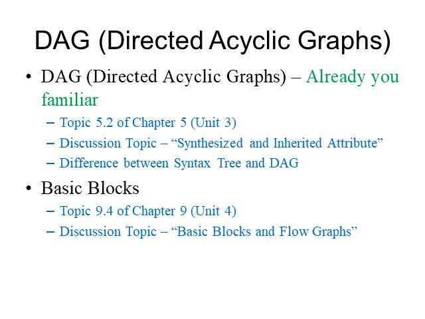Before cycle test 2, we learned that in topic 5.2 in chapter 5 of unit 3, during the discussion of synthesized and inherited attributes. The difference between a syntax tree and a DAG, we already know, is that in a syntax tree all the nodes are represented, but in a DAG the common sub expression will be enumerated. So we can say that in a DAG, a common sub expression has more than one parent. If you forget the DAG introduction and the difference from the syntax tree, simply go to topic number 5.2 and the slides that were previously given.